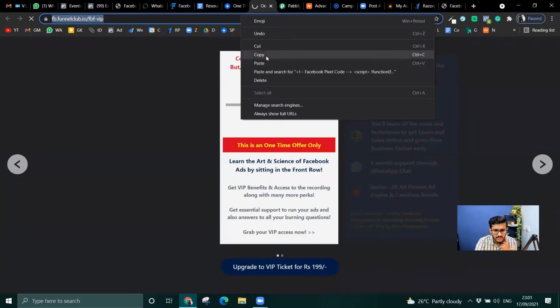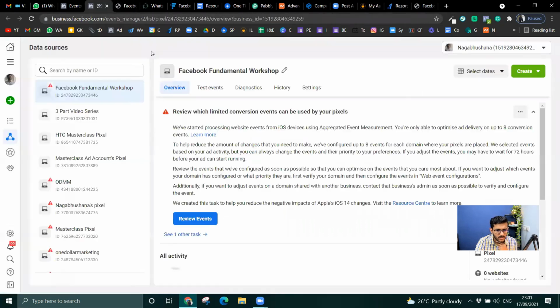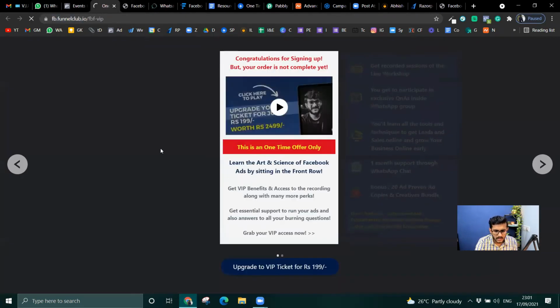Just copy this and go to Facebook. Okay, this I don't need. I just close it. I will just use this link and then try to open website. Okay, wonderful.